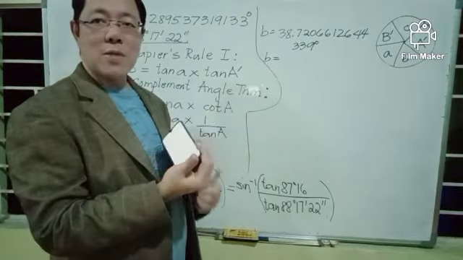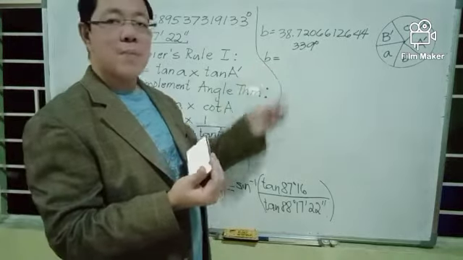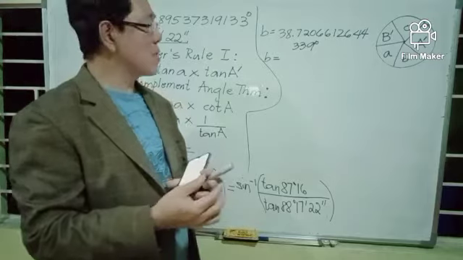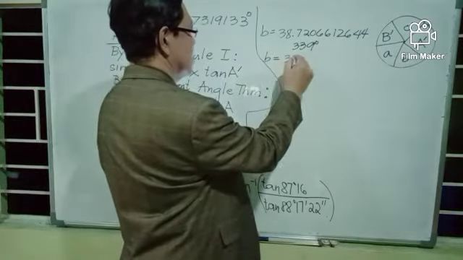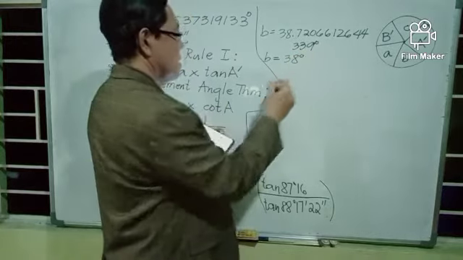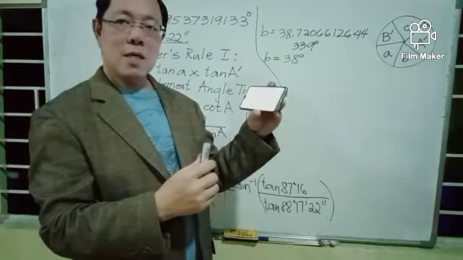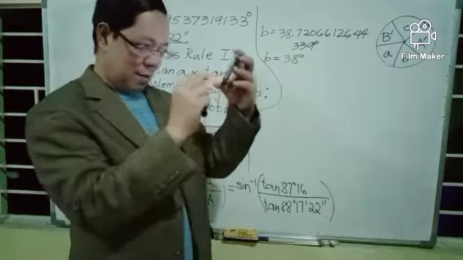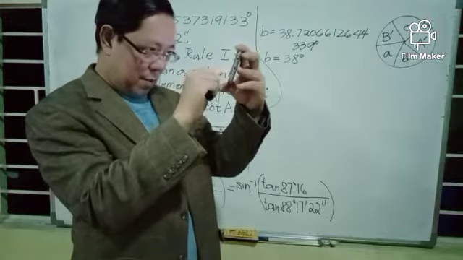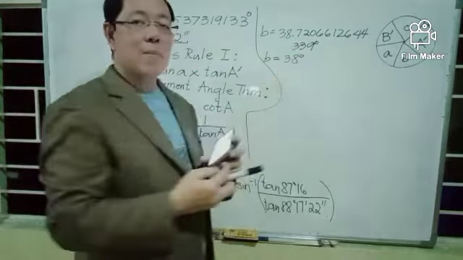In your calculator, do not remove your answer. Take the whole number part of this decimal number, which is 38 degrees. In the answer in your calculator, you subtract 38 degrees, minus 38, and you should get the decimal number